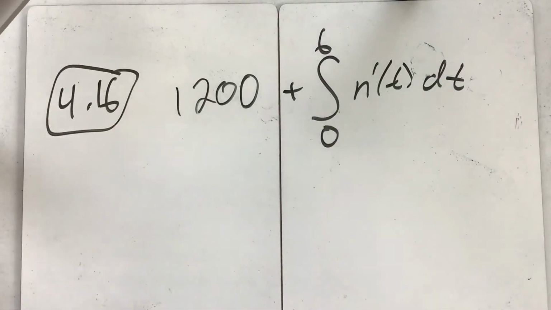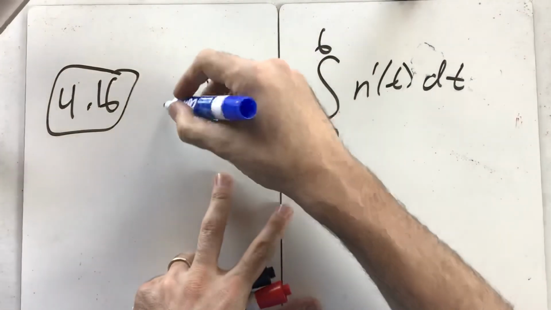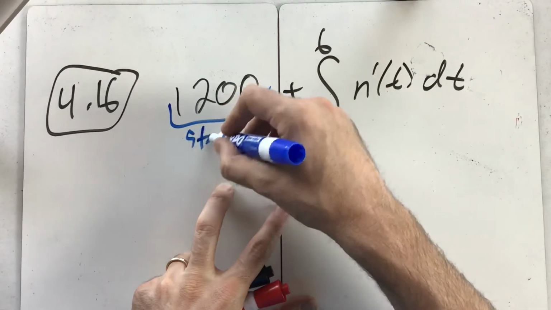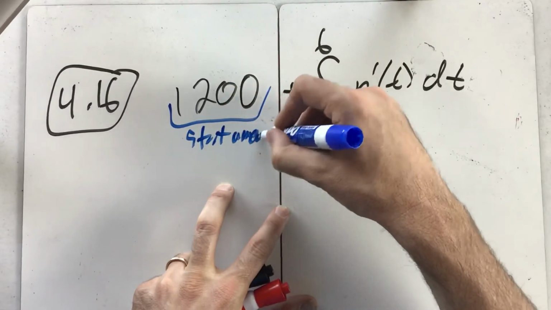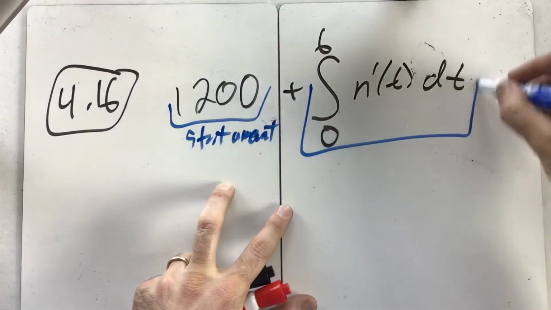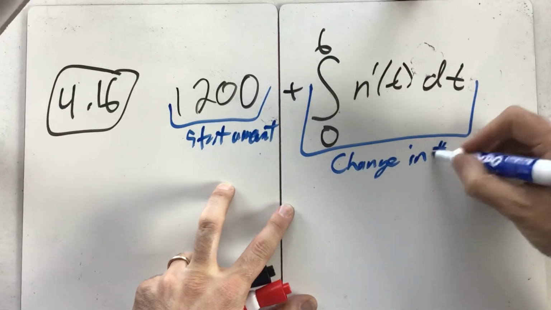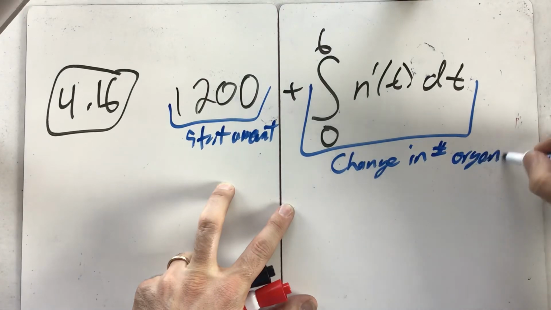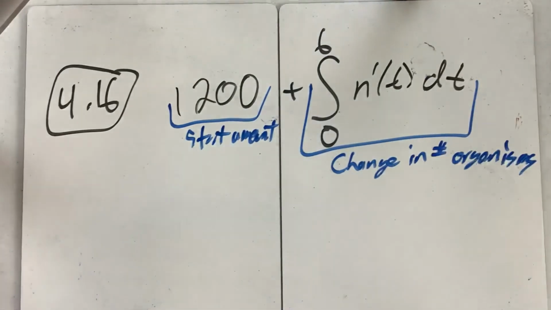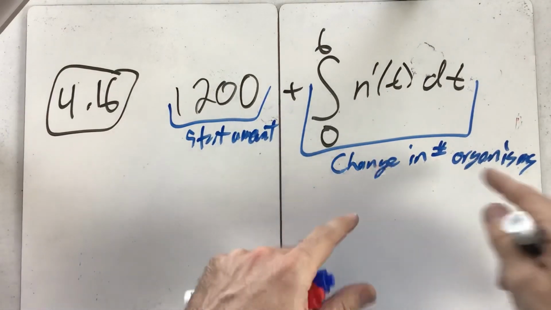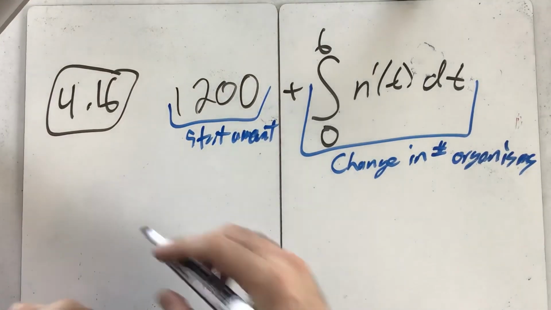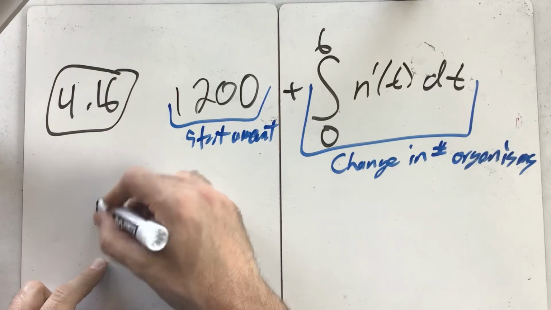Now, what about the number of organisms present? Well, this is the starting amount, and this is the change in amount, the change in the number of organisms. So what does this problem tell us? This problem tells us if you take the start amount and you take the change in organisms, then our answer is the number of organisms